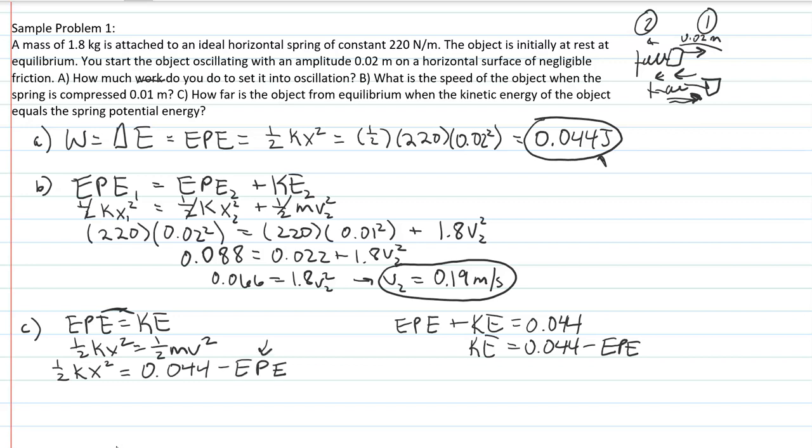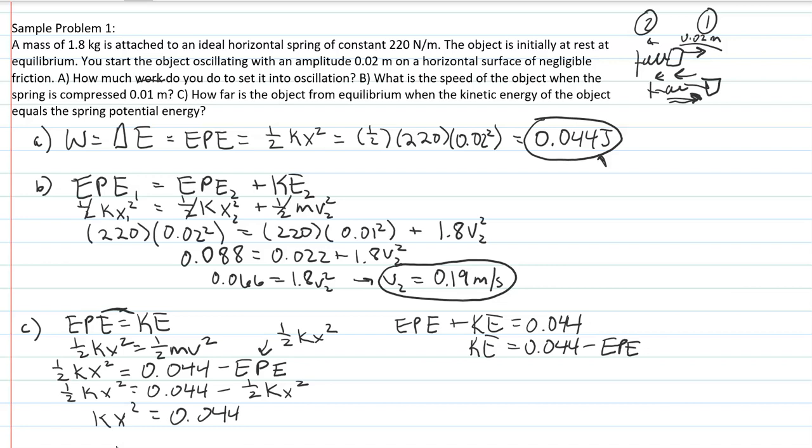And I know that my elastic potential energy is equal to 1/2 kx squared. And I can add this 1/2 kx squared to both sides. So I will have kx squared equals